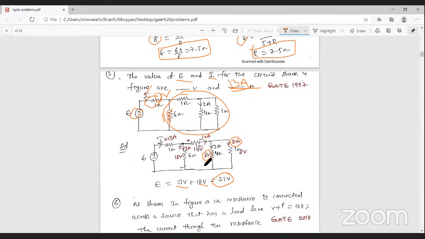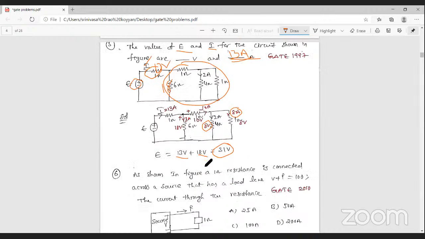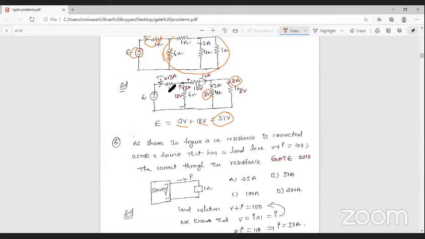Okay, so next, problem number 6. From this,